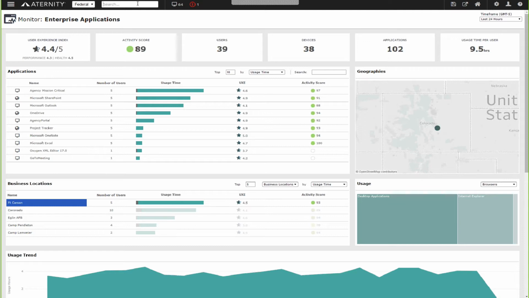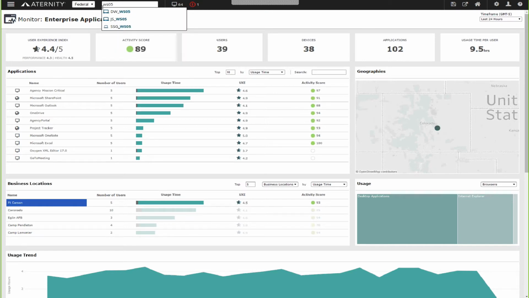Now, historically, we may not have had all the bits of information to be able to give them much guidance. In this particular case, we're going to use Aternity to get us a better understanding of what's happening with our user Adam. So as I type Adam's name, I can see, oh, his name is Adam Covert. And while I have Adam on the phone, I ask Adam, what type of machine are you using? Are you using virtual desktop? Are you using a physical desktop? So Adam lets me know I'm on a physical desktop, and the machine name is